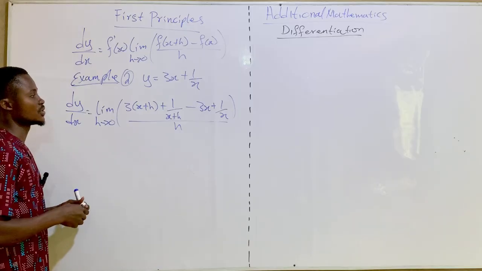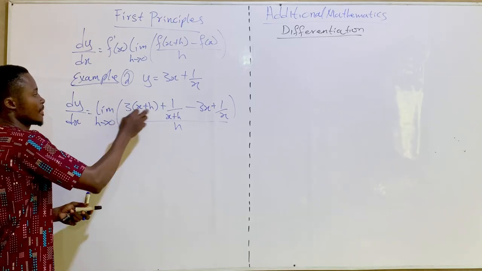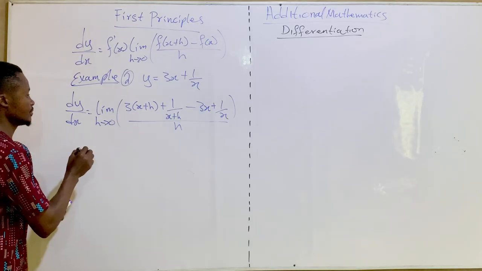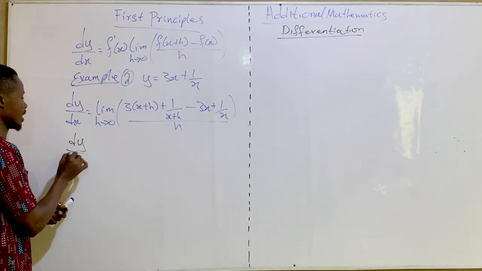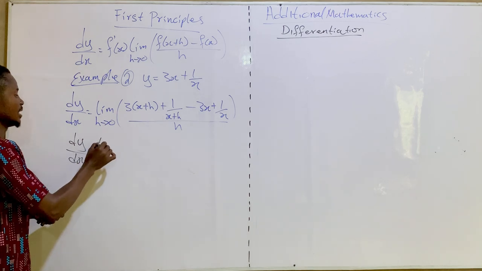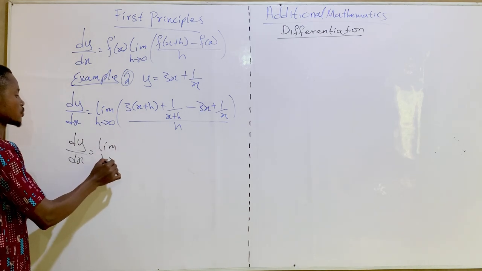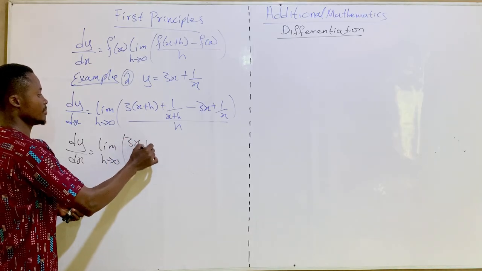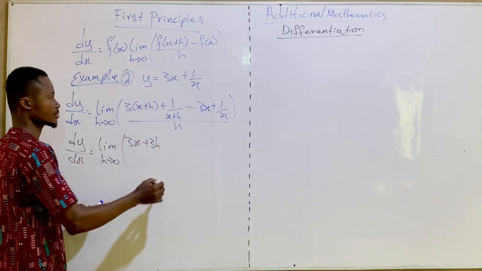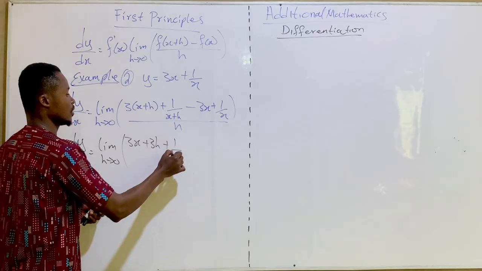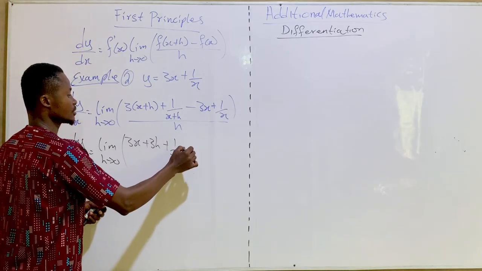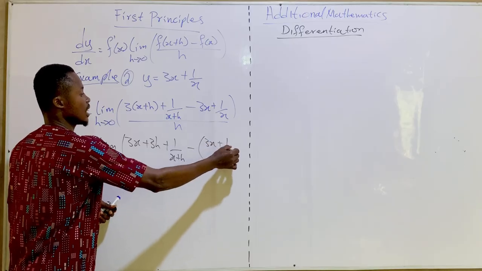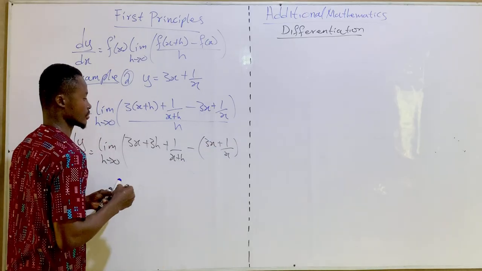Now the next step is to expand this bracket. So we have dy over dx equal to the limit h approaches 0 of (3x plus 3h plus 1) all over (x plus h), minus (3x plus 1) all over x,